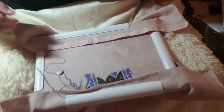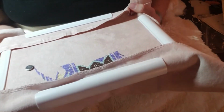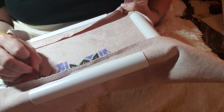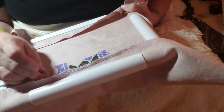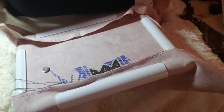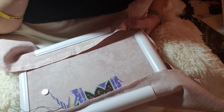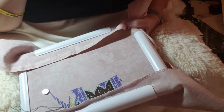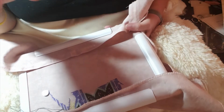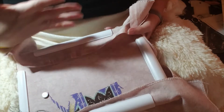If you're just falling out of love with crochet or cross stitch and you're in that slump period, then maybe just take a break, put it aside, and pick up something else that you enjoy, whether that be reading a book, or maybe you're just tired of doing it over and over again every day. Then take one day and go outside and enjoy nature if your weather is allowing it. I know there's a lot of people in the eastern and northern parts of the United States that are into winter,